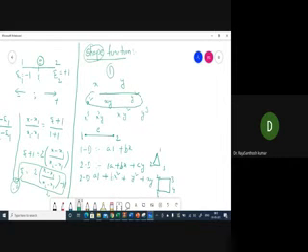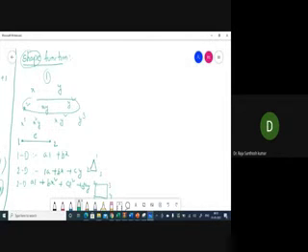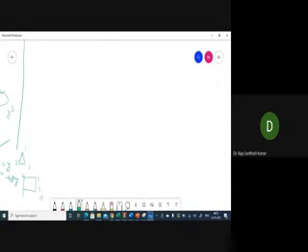Suppose it is 2-dimensional, then how can we consider it? So 1, x, y, 1 plus x plus y. So 1 into a, b into x, and c into y. Suppose 2-dimensional with only 3 nodes: node 1, node 2, node 3. If there are 4 nodes: node 1, node 2, node 3, and node 4.